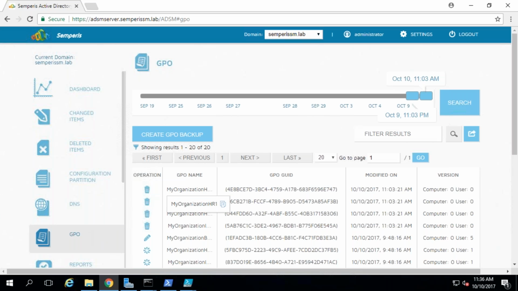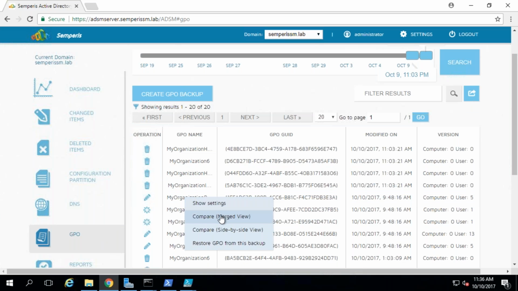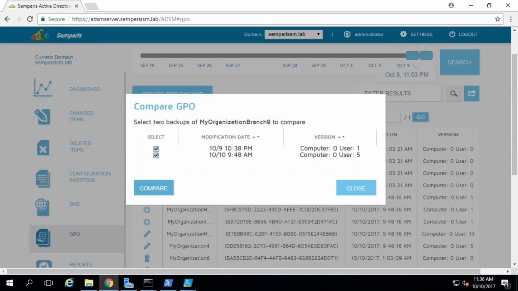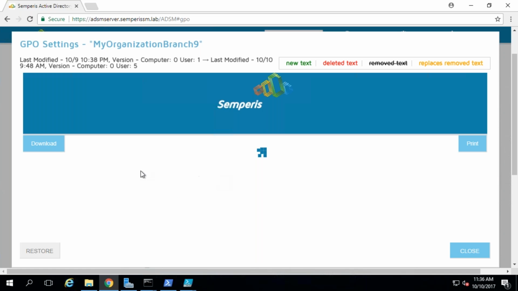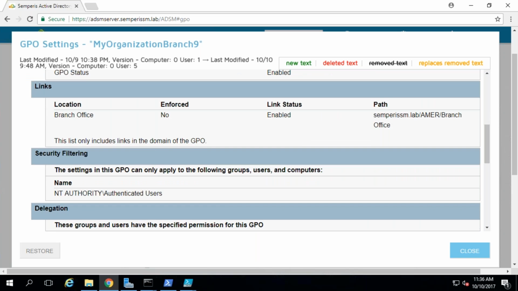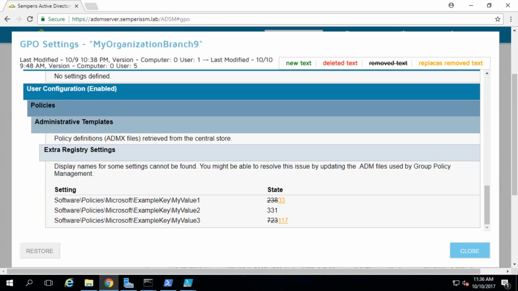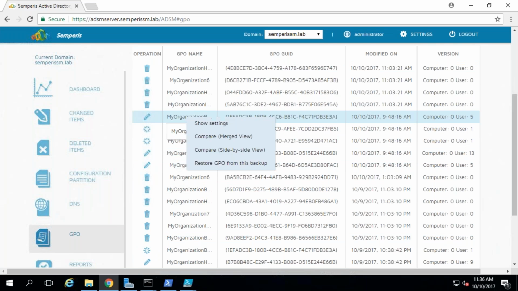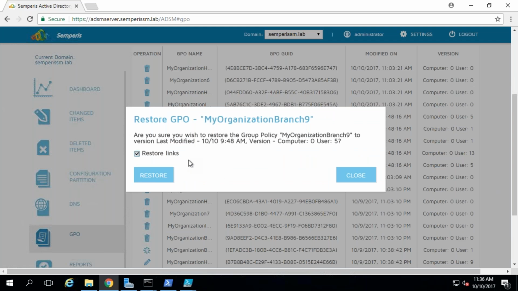And then of course my favorite, group policy changes. So I can come in here to a group policy change, and I can compare what's changed between the current GPO and the previous backup that we held. So we keep backups of GPOs automatically, and then we can go in and annotate a GPMC settings report to show what's actually changed in that GPO. And then based on that, I can actually restore the GPO from backup. I also have the option of restoring the links on the GPO in addition to the